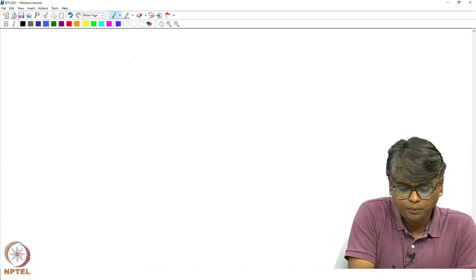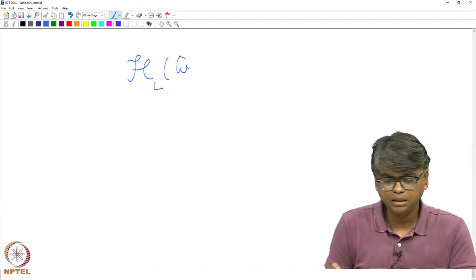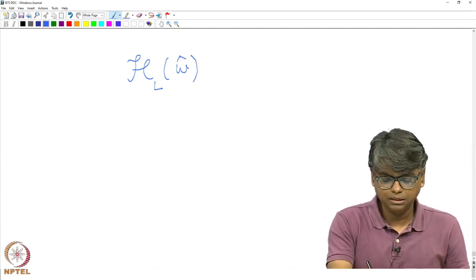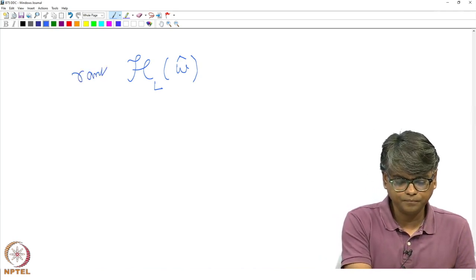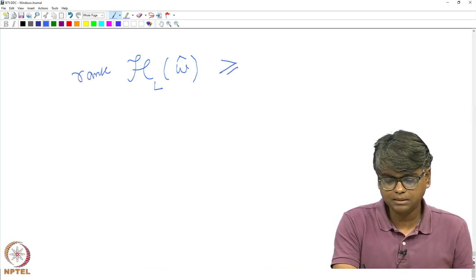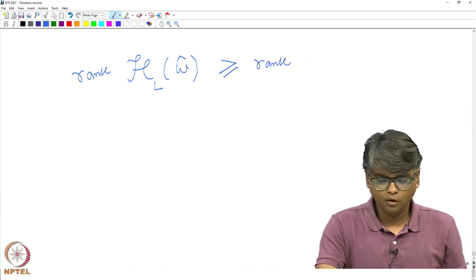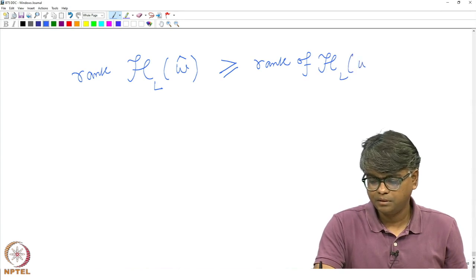So when there is noise, this W hat will no longer be the ground truth, but rather a noisy W hat, and in that case the rank of this matrix will in general be expected to be bigger than the rank of H_L(W), let me call it W original,